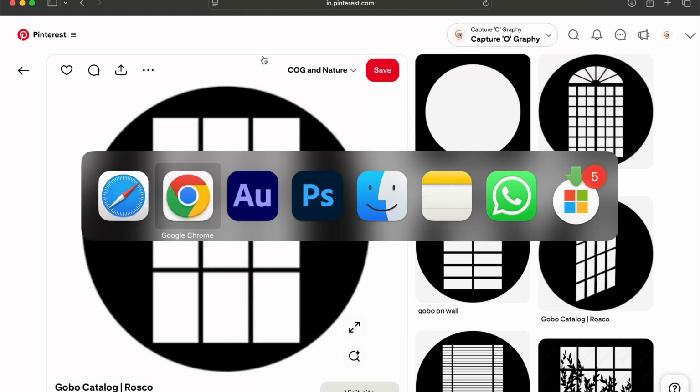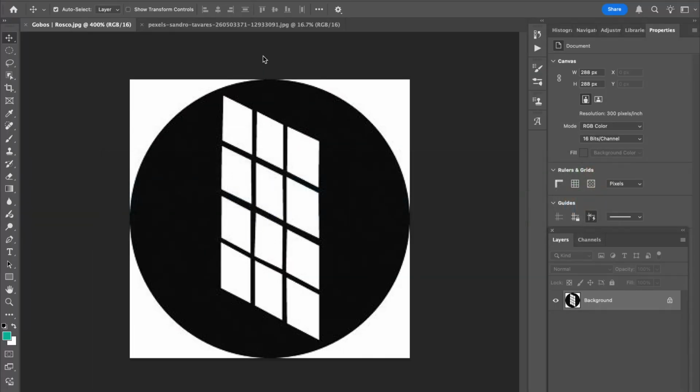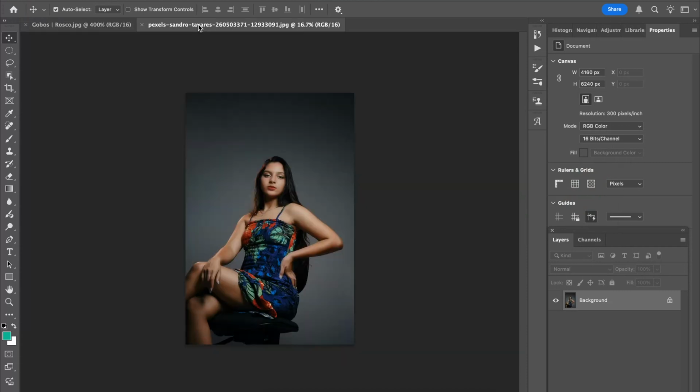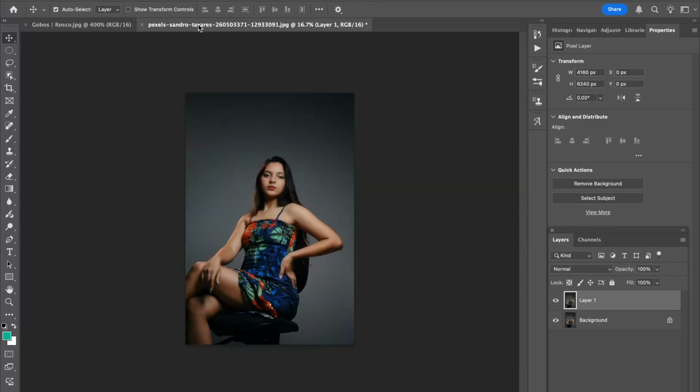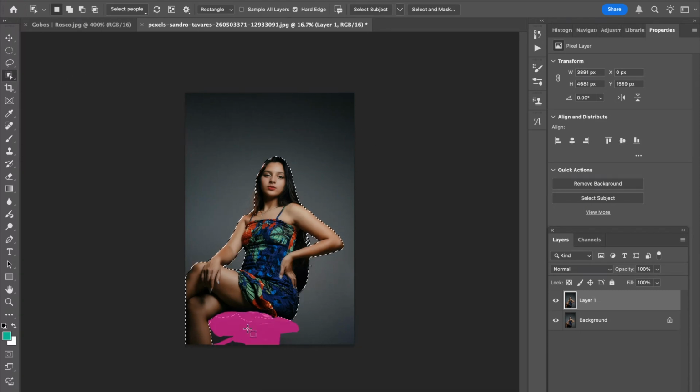I have already done that and imported that on my Photoshop. It's over here. I've also imported my image. This is where I'm going to add this snoot effect. Let's duplicate this layer, and from here on, let's go to any selection tool and click on select subject. Once the selection is done, the selection is missing here, so I'll hold shift key and add this selection again